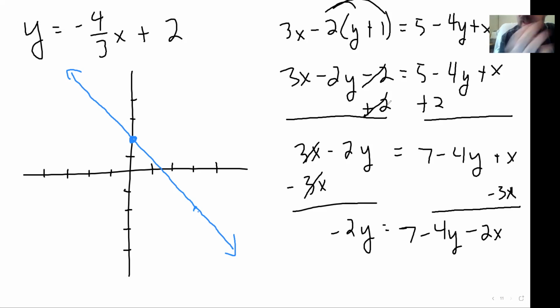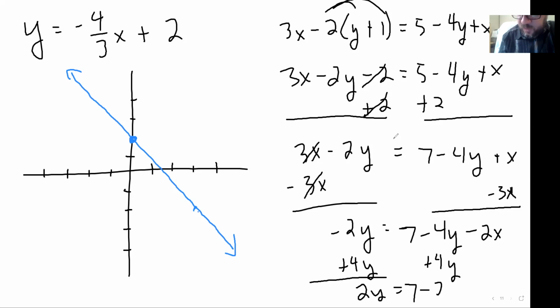Now I want to get the y's to the left, so I don't want any y's on the right, right? Notice that there's no y's over here. So I'm going to move my 4y over to the left by adding 4y to both sides. And I think I'm going to need another board here. So minus 2 plus 4 is 2. So I have 2y. And on the right, I have 7 minus 2x. I'm going to go ahead and start another board and rewrite that. So I got 2y